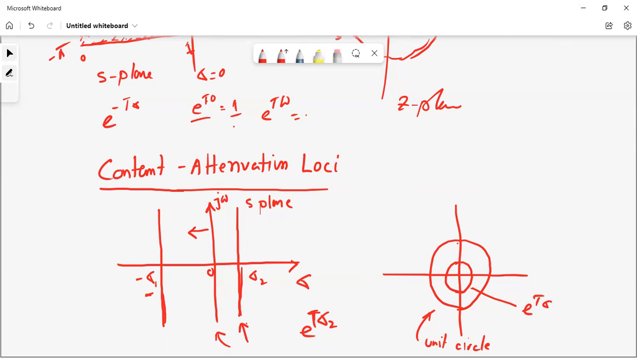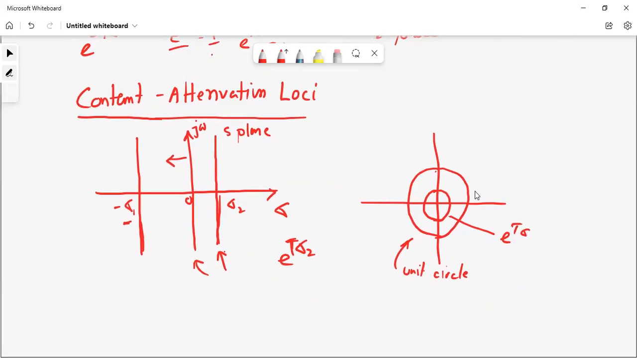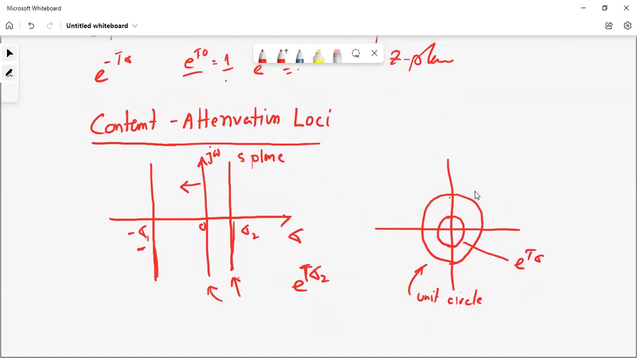Similarly, the other one that we have, okay, so now